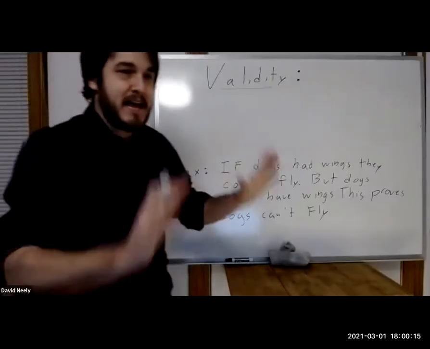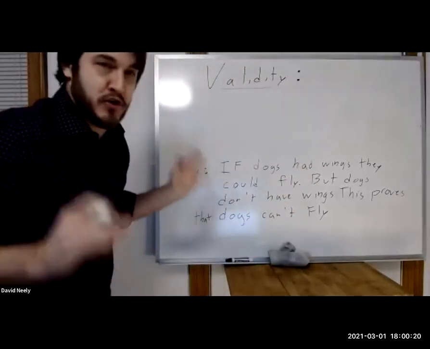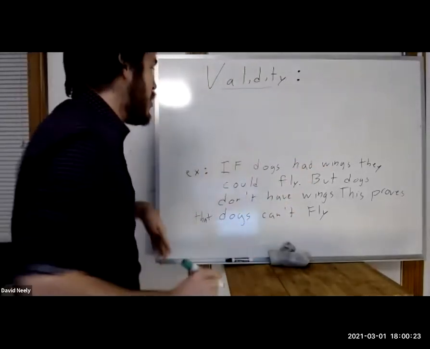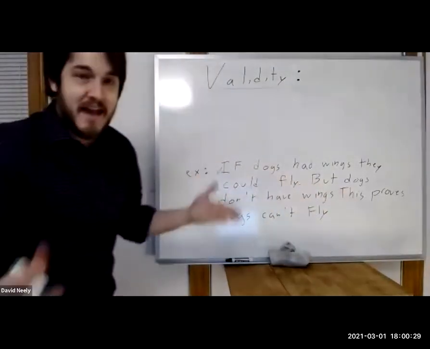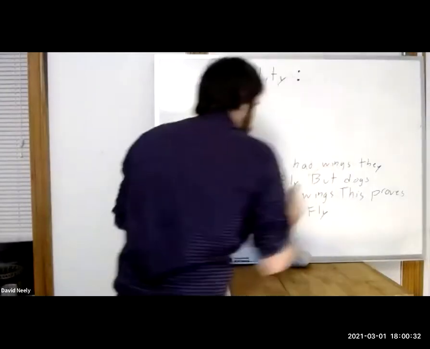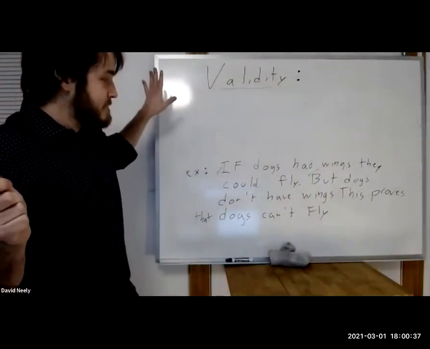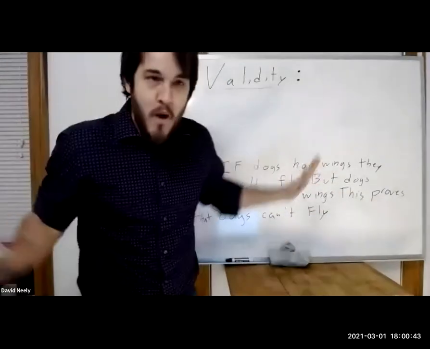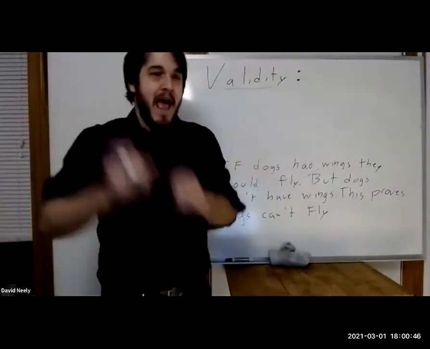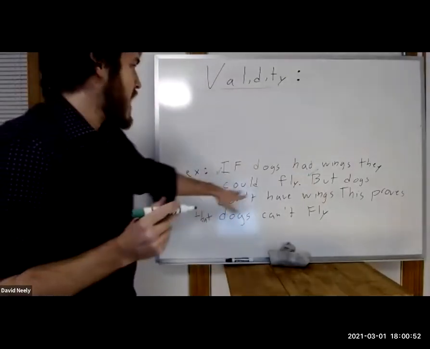See if the premise is correct. You say the premises are correct. We just stipulate, we assume they're true. So we're going to assume that it's true that if dogs had wings, they could fly, and not that they're too fat, that even if they had wings, they couldn't fly. We're going to say this is true. And we're also going to say it is true that dogs don't have wings. I've never met a dog that has wings. Maybe there is a dog that has wings, but let's just assume, for the sake of argument, there are no winged dogs. Nobody has ever taken poor Fido and installed wings into him, which I'm sure has happened somewhere on the dark web, but I don't like to think about it.